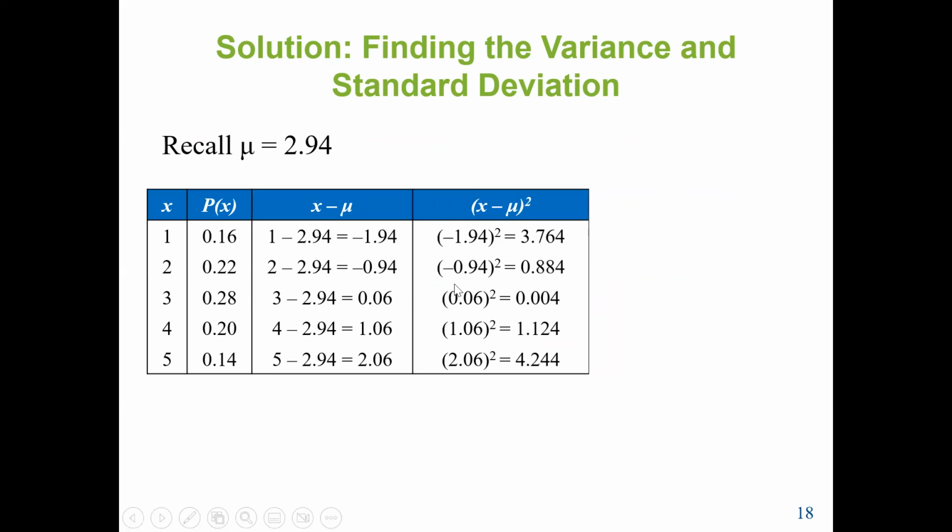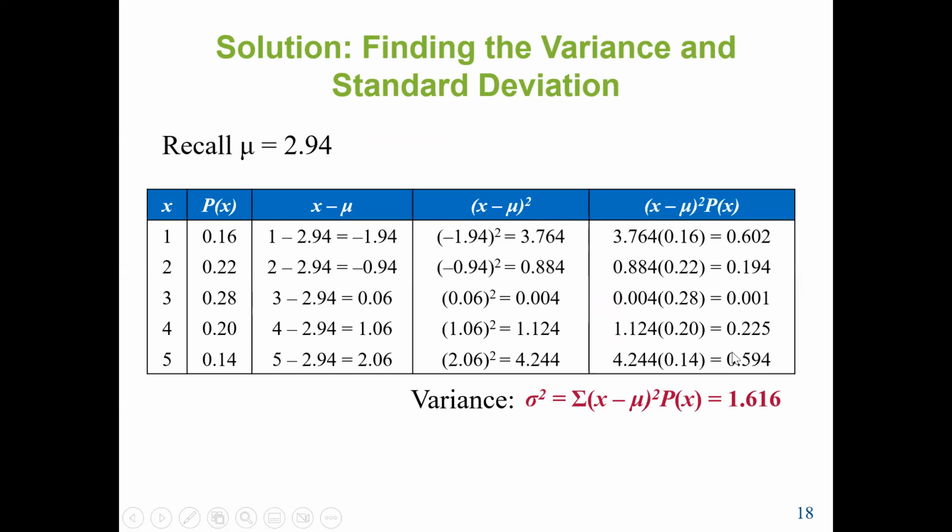3.764. Negative 0.94 squared will give me 0.884. 0.06 squared will give me 0.004. Then 1.06 squared will give me 1.124. 2.06 squared will give me 4.244. Then we sum everything up. So we had everything, we get